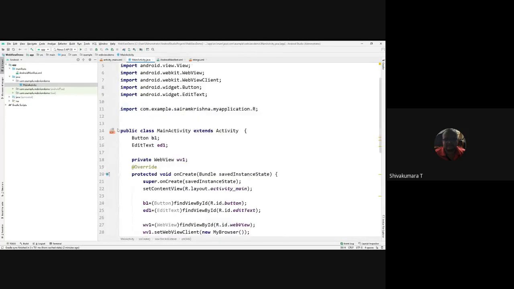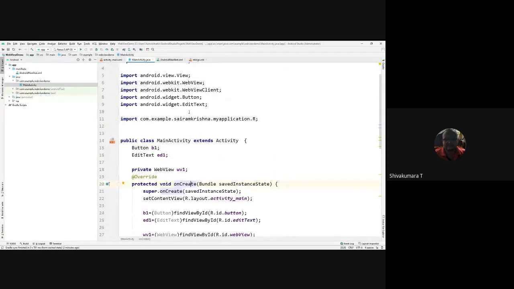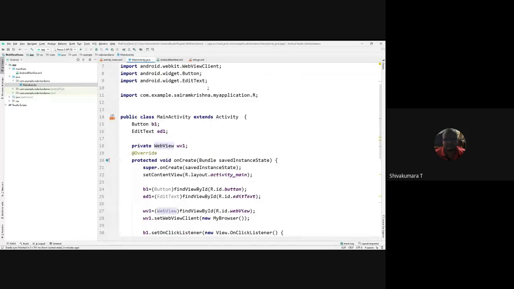Since it uses the onCreate method, the application will begin by calling the onCreate method. So the current state of that activity is going to be loaded. Which are the resources it is loading? The view, web view client, button, edit text. For the application I'm using here, that application needs edit text, button view, web view, etc. Such kinds of view resources are going to be loaded.